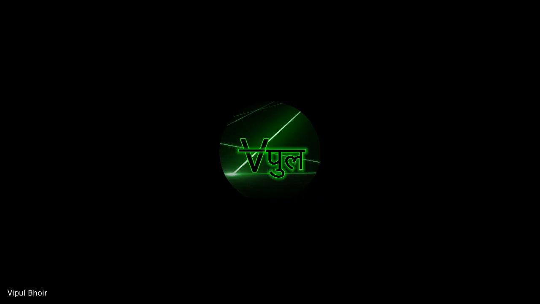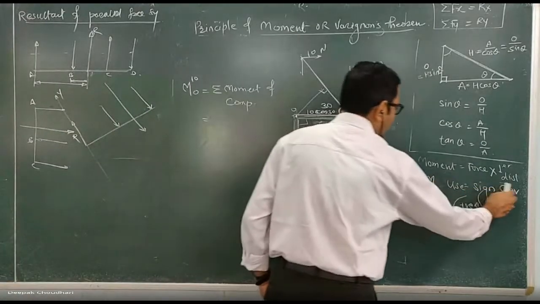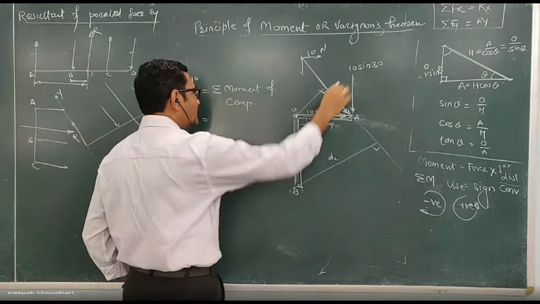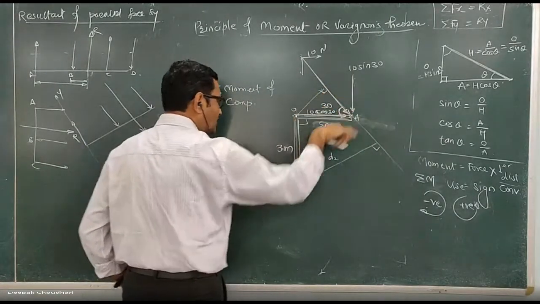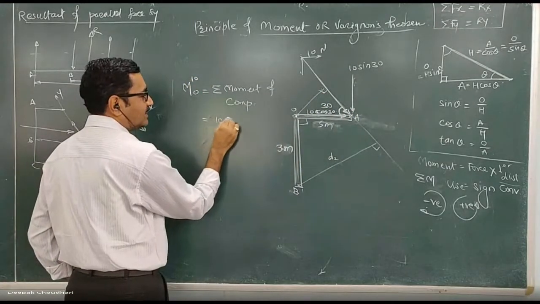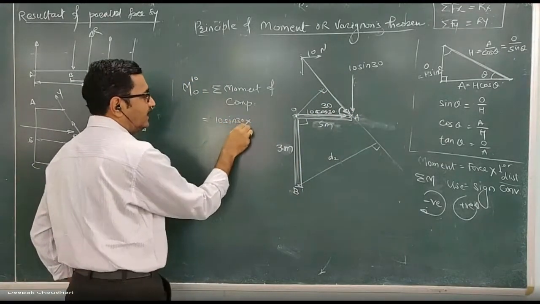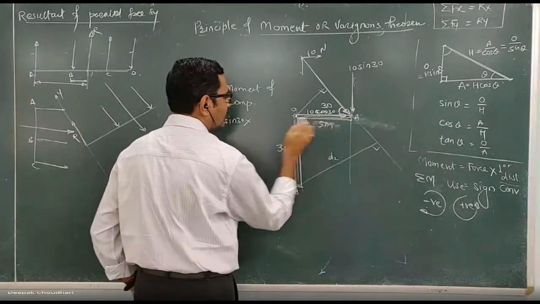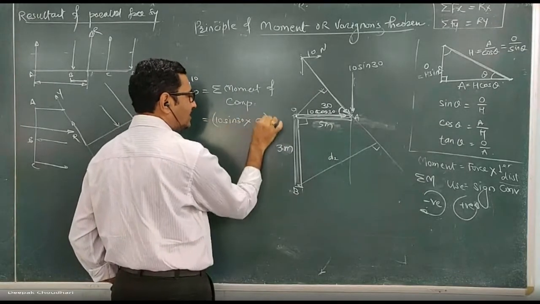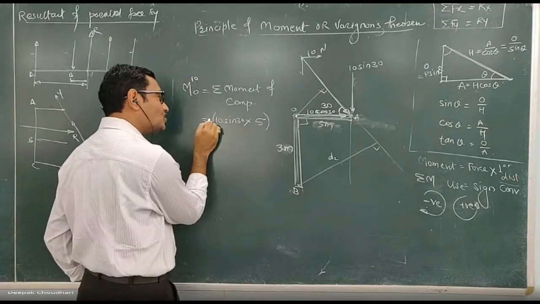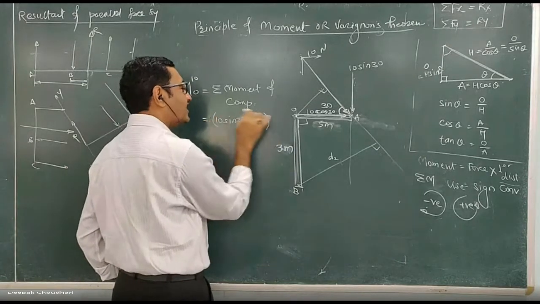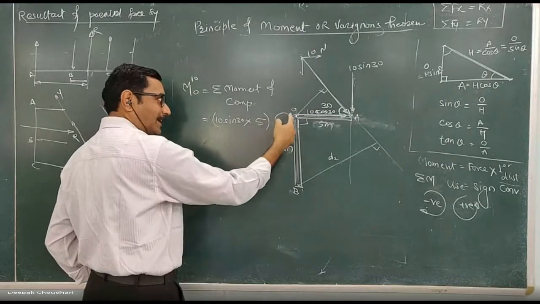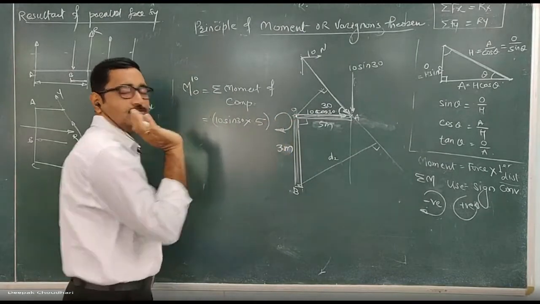It will be 0 because in that case the perpendicular distance is 0. Whenever the line of action of the force passes through the moment center, the moment of that force becomes 0. Then the moment of this 10 sin 30 about point O produces a clockwise moment. So it is 10 sin 30, the force, into its perpendicular distance. Clear? For a vertical force, normally the perpendicular distance is horizontal, which is 5. So it is 10 sin 30 into 5. Either you show the negative because it is clockwise, or write down the magnitude and show the sense of rotation clockwise. But whenever you are showing the correct sense of rotation, the magnitude should be positive.